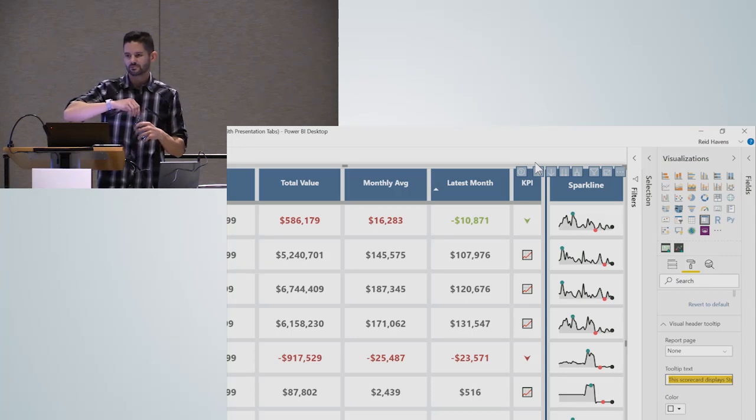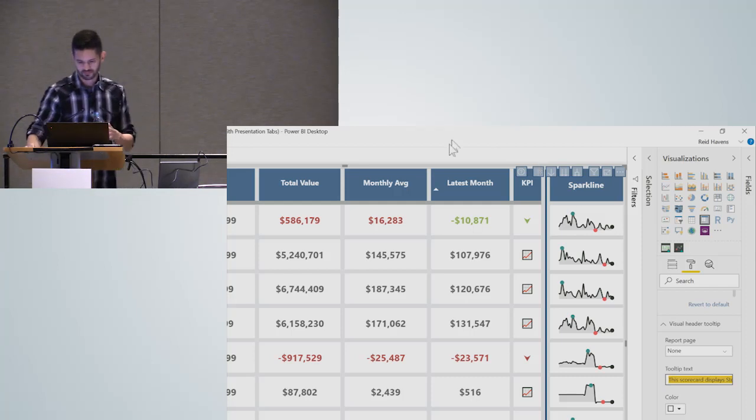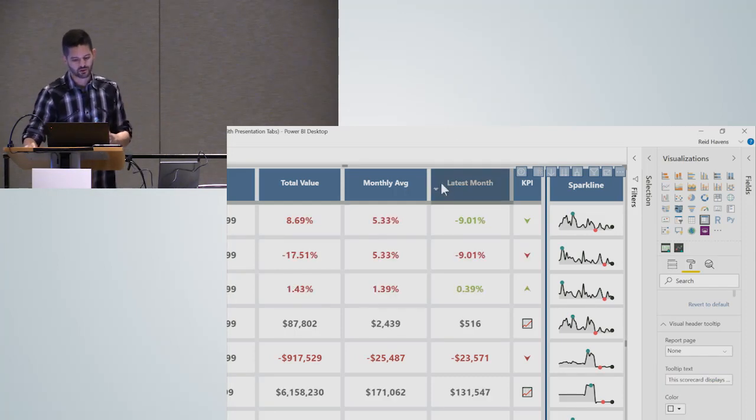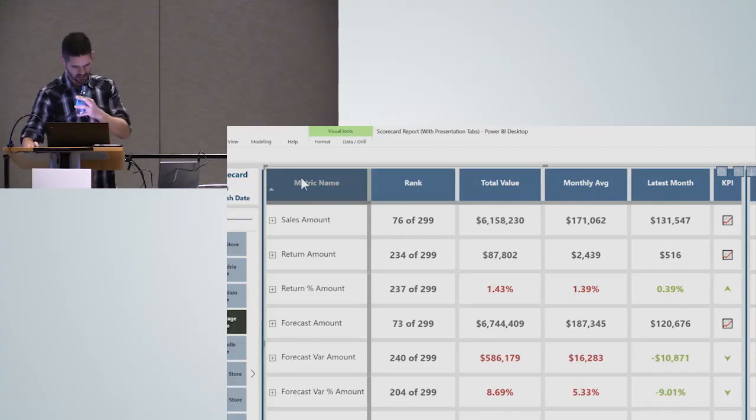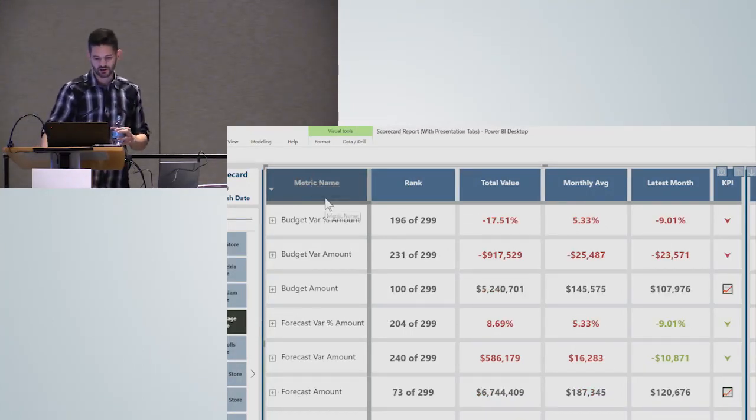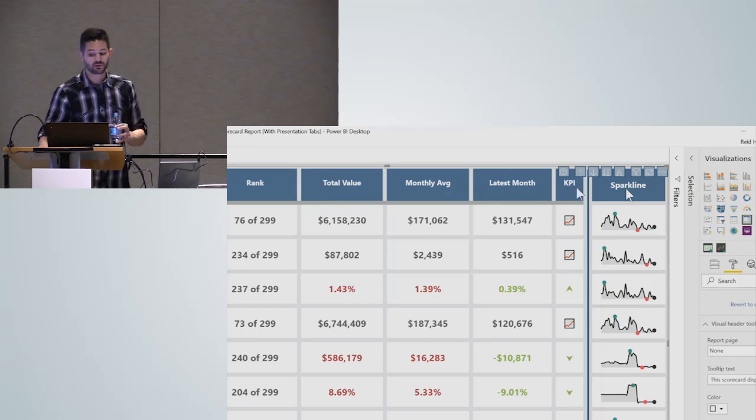Do the sparklines sort as well as you change the sorting order in the matrix? That's a good question. So those do not. What I often will do as a final result in this, because the question is when I change the sort order here, do the sparklines change? And they do not.